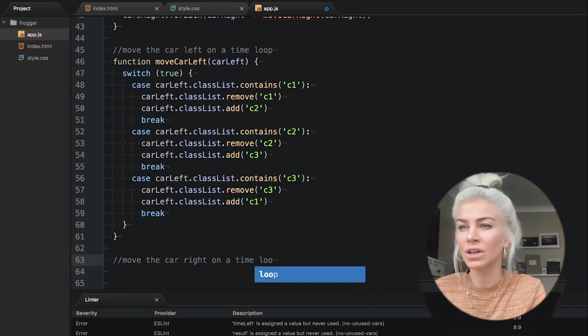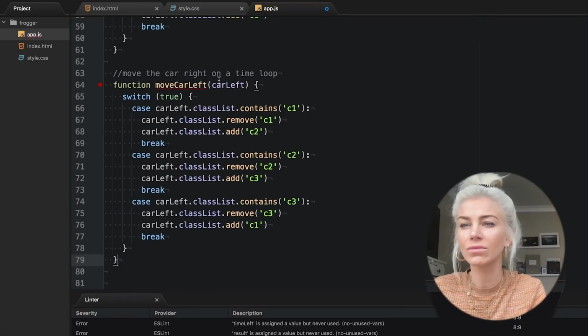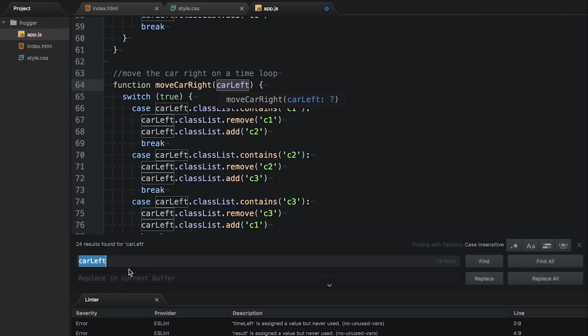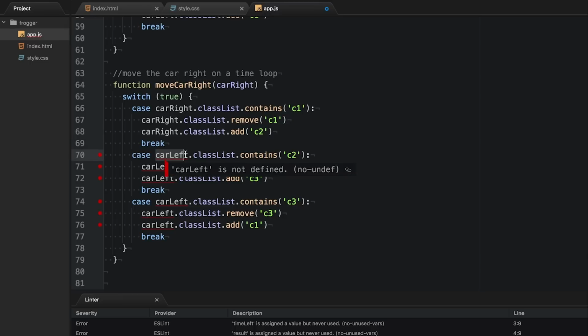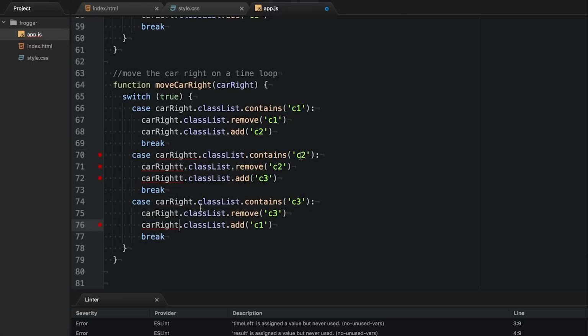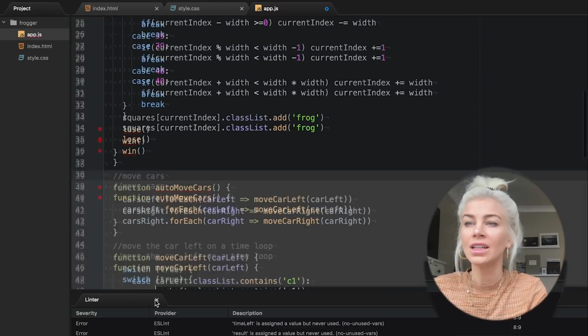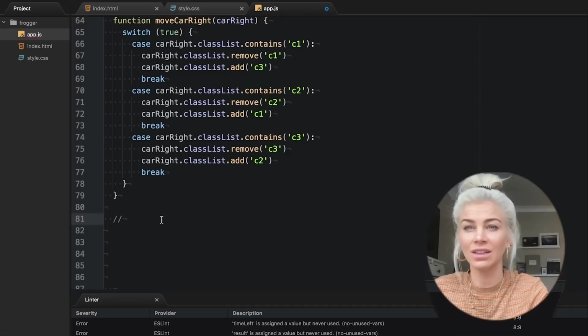Now let's write the loop for the car moving right on the same logic as above. Now let's do the exact same for the logs, but on a loop re-rendering 5 divs every second.